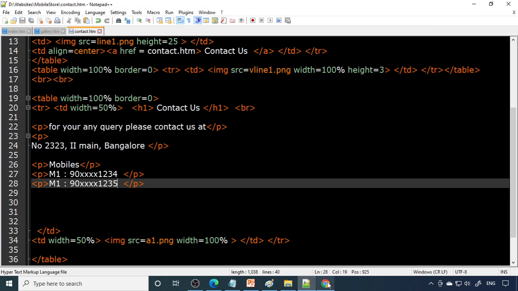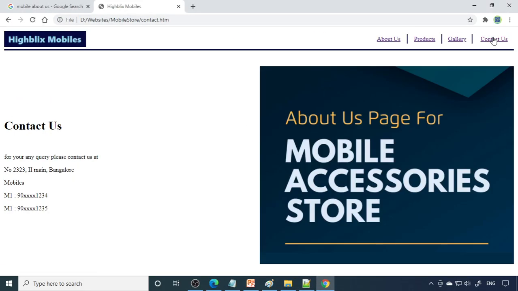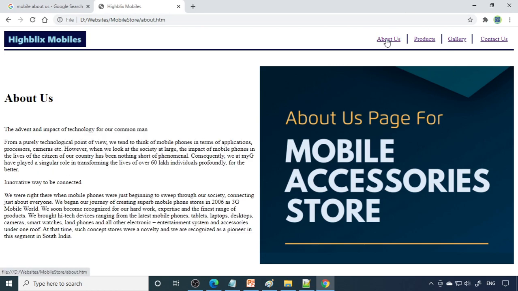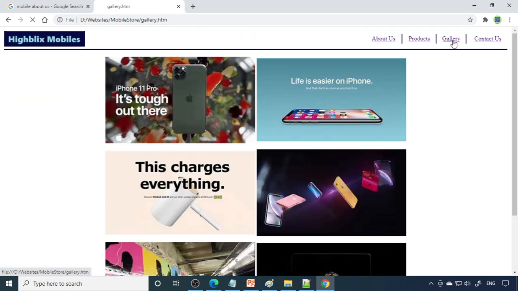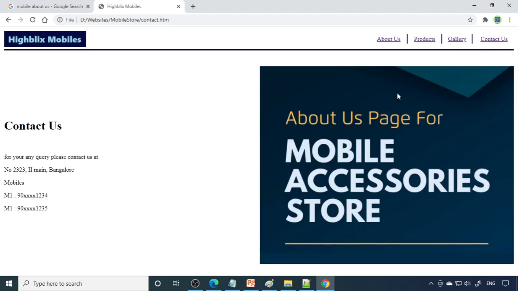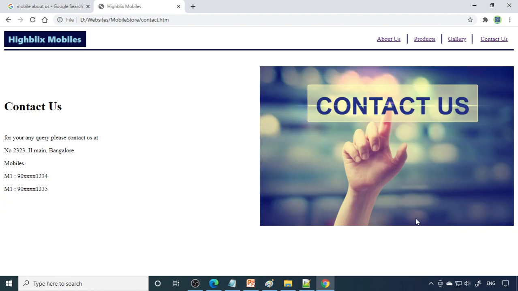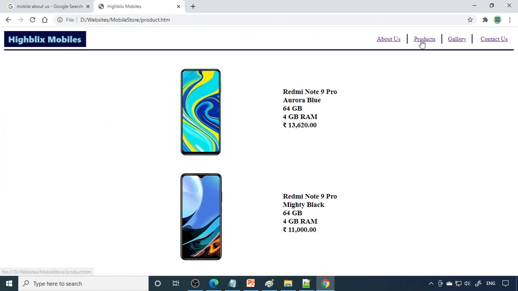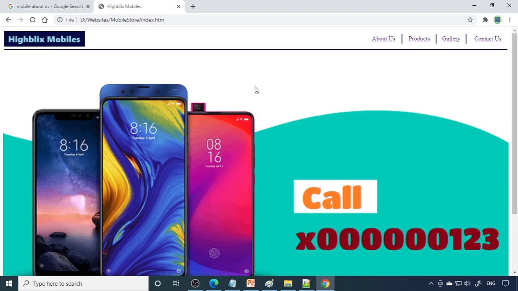So save this. Okay. So now if I come back to this and click contact us, you can see the contact us here. So you can use some H1 to H6 and then you can make them bold. It's possible. And this picture has to be changed. Then the whole thing is set. Now you can see that you have about us, products, gallery, and then contact us. Okay, let's change this picture. I'll take one for contact us. So now the picture is changed for contact us. This is about us, contact us, then gallery, products. Right, when I click home, we'll come back to the home page.